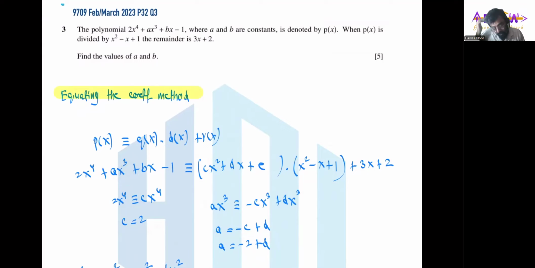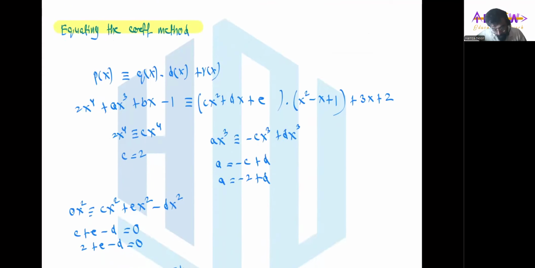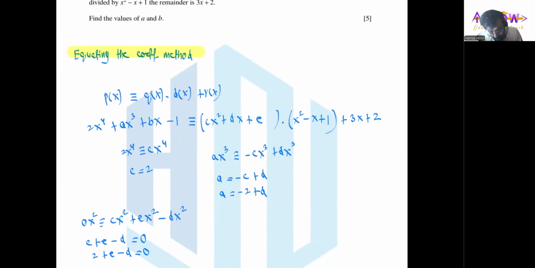All right, and now we are going to find the term in x square over here. First of all, we can say that cx square is multiplied by 1. And then we can say that e is multiplied by x square, and we can also say that dx is multiplied by minus x, and there is no other way to find the term in x square. So x square निकालने के जो तरीके हैं सब आपको consider करने पड़ेंगे. You need to consider all the possibilities in which you are able to find the term in x square.